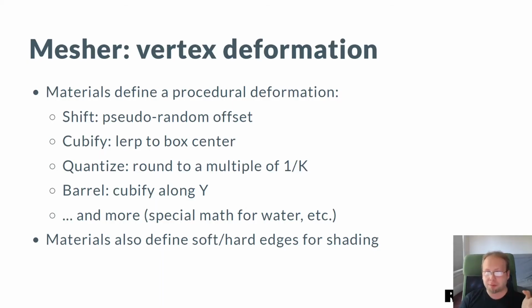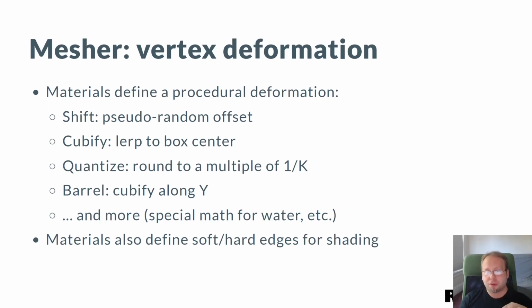And so, inspired by these possibilities, we ended up doing exactly this, where we pick a material for a vertex, and then based on this material, we define a procedural deformation function that places the vertex somewhere within the cell. Maybe it's the center, maybe it's the average, maybe it's one of these shifted by a random offset, maybe we quantize it to some multiple, etc. There are a lot of different possibilities here. Here are just a few of those. This is great because this is where we start saying it's not just the occupancy that matters, really the material choice defines the shape of the terrain, and so it makes it easier to build interesting looking terrain without too much effort.